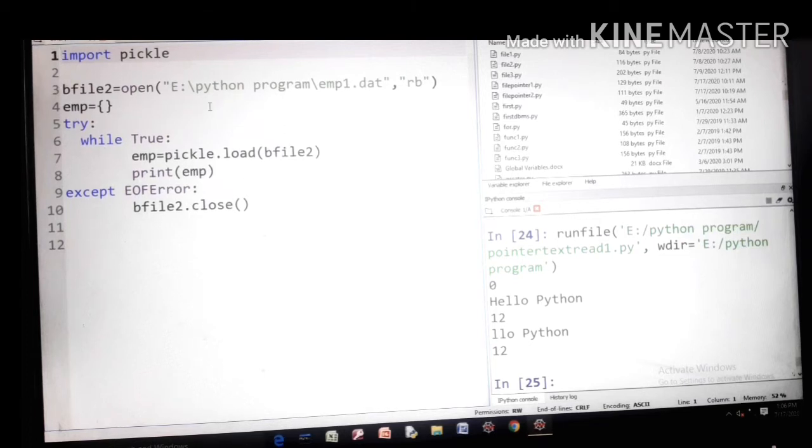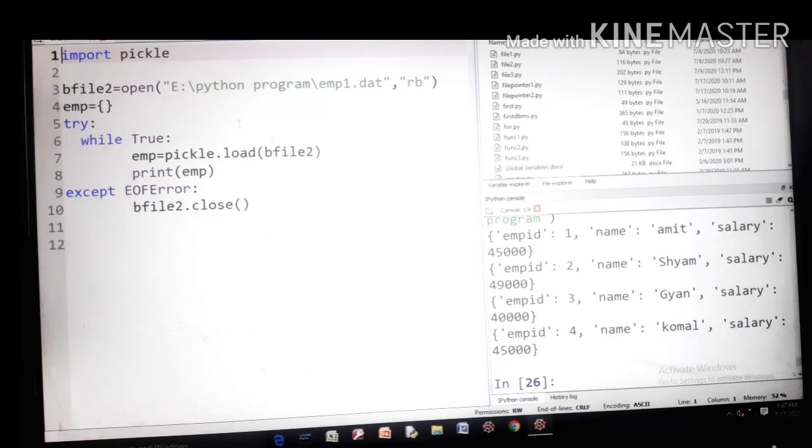Now this is your simple program. In the last lecture you have already seen that we have employee data having employee ID, employee name, salary. Okay, we have 3 employees, EMP1, EMP2, EMP3, and last we can append EMP4. Execute this program, you can see that this is employee 1, employee ID 1, name and salary, employee 2, 3 and 4, the 4 employees are recorded.